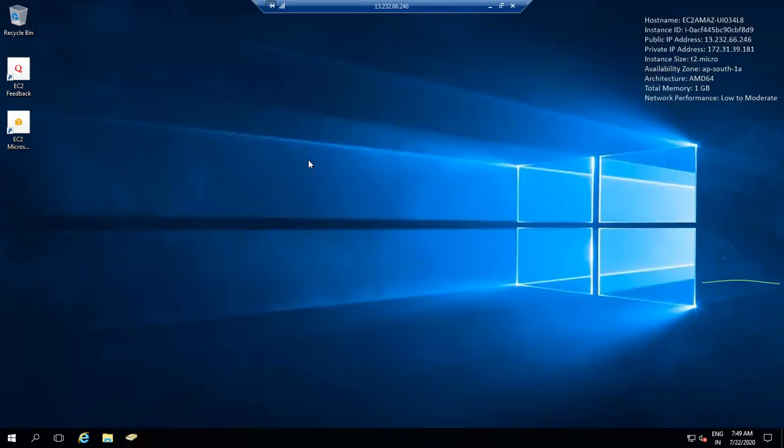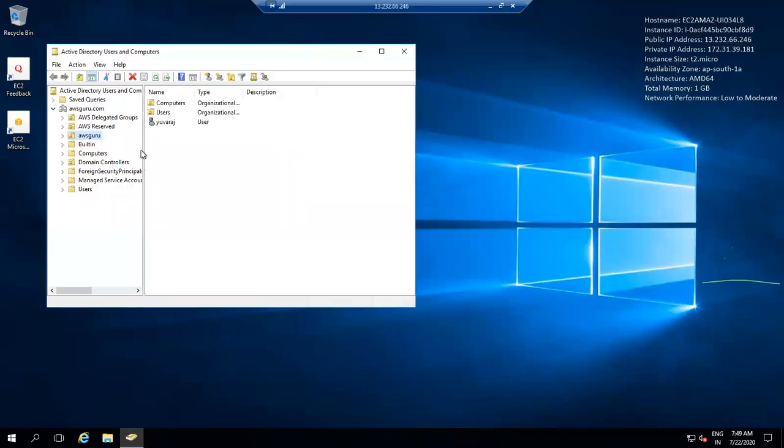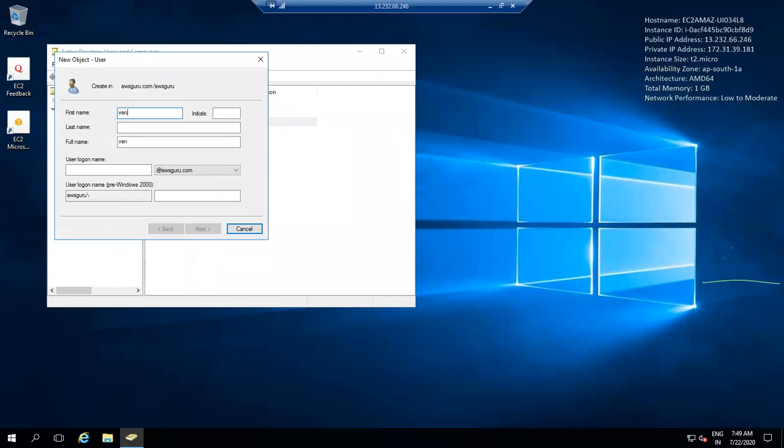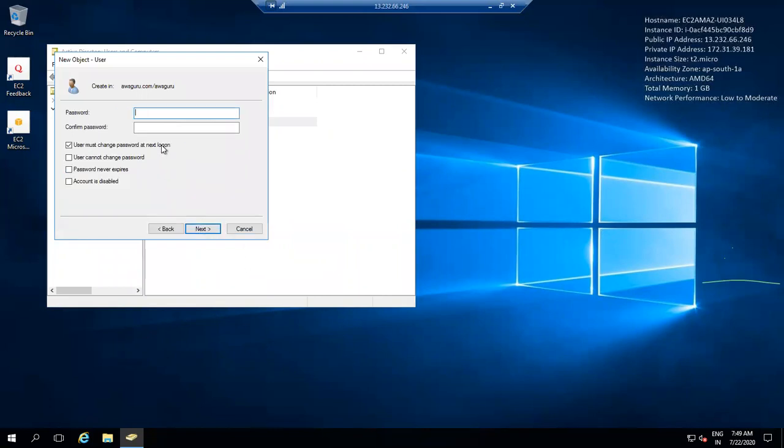Now, I will go to my Active Directory Users and Computers. Basically, let's create a user called Venki. I'll create the password as master at 123.